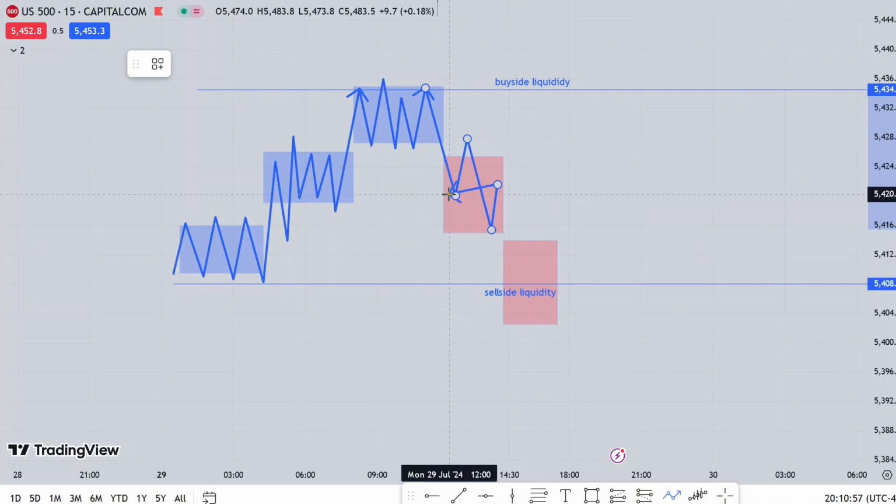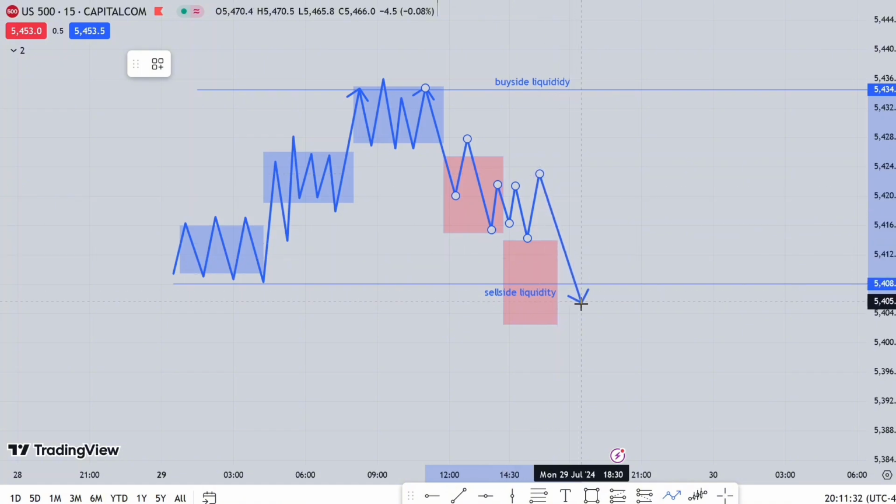So if you miss the first stage distribution, or you want more confirmation after the first stage distribution, when price drops lower, price will leave an order block or a fair value gap here, or other times it will leave relative equal highs here, and then price will use these relative equal highs to pair smart money sell orders and then drop lower